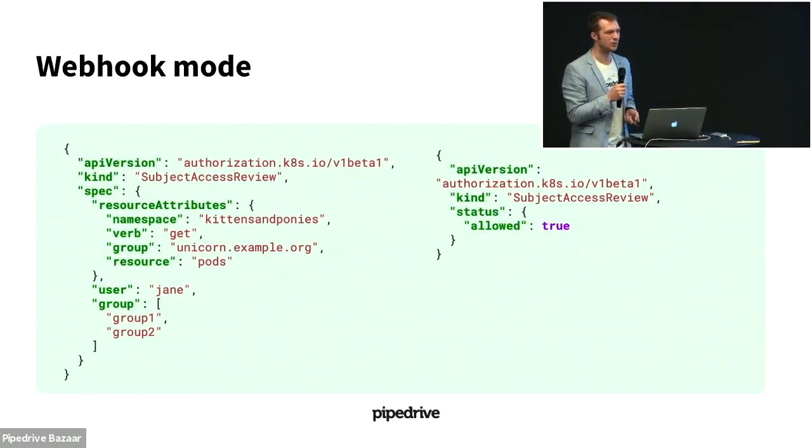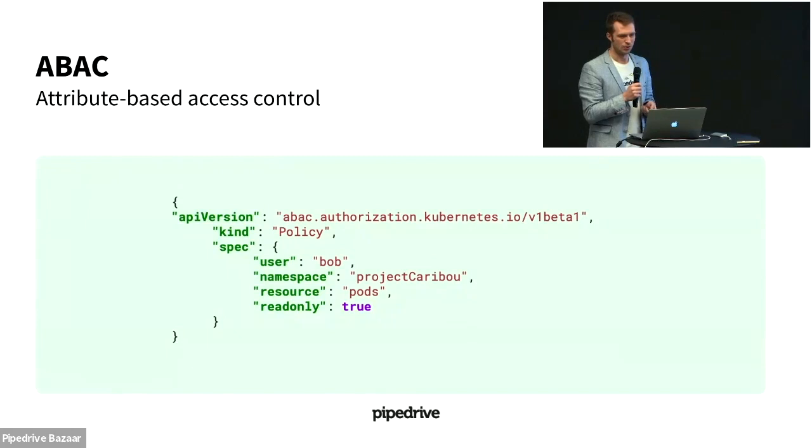Alternatively, again, if we talked about webhooks for authentication, you can use an external service. And it means you send all the information Kubernetes knows. Maybe you want to access pods, you know who the user is, it's authenticated, and the external service says that yes, that is totally fine thing to do. Or another very advanced one, attribute-based access control, you can go really crazy and very creative with how you create those access policies using attributes. But the downside is they are considered quite complex. So if you go to the internet,